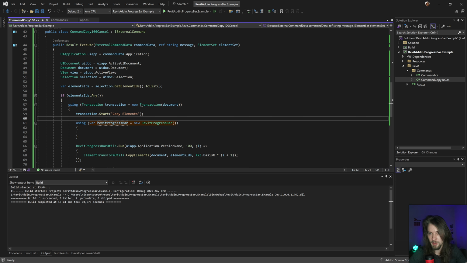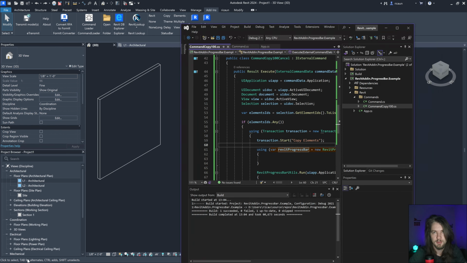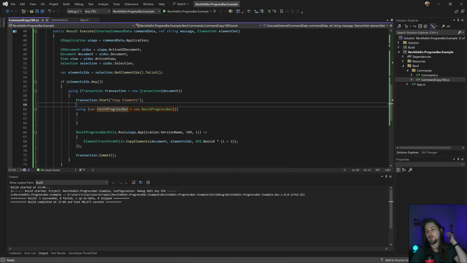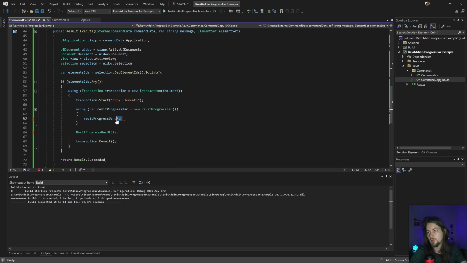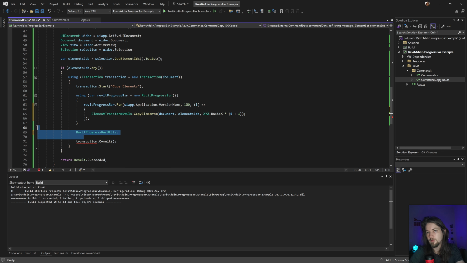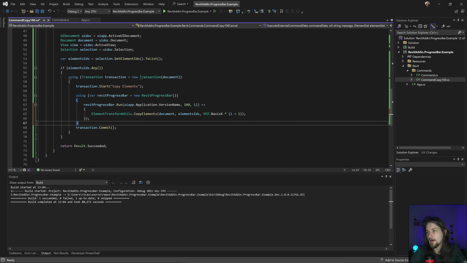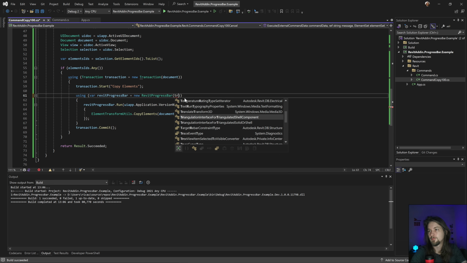So when I start that, basically it's gonna add the progress bar in here, and when finished, I'm gonna remove it automatically. So yeah, that's the idea. And if I do something like this, run, I could copy this, I guess. It's gonna work the same way. So yeah, let's try that. And I could add in here the cancel button to true.